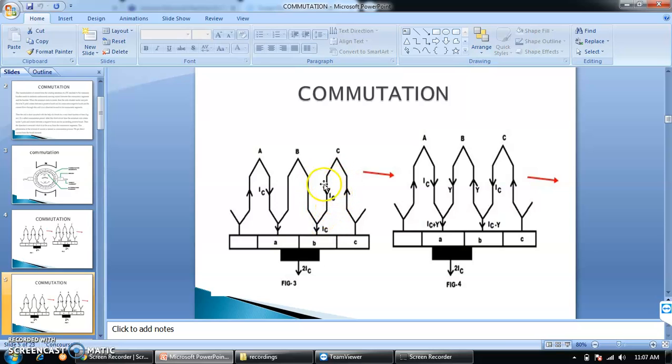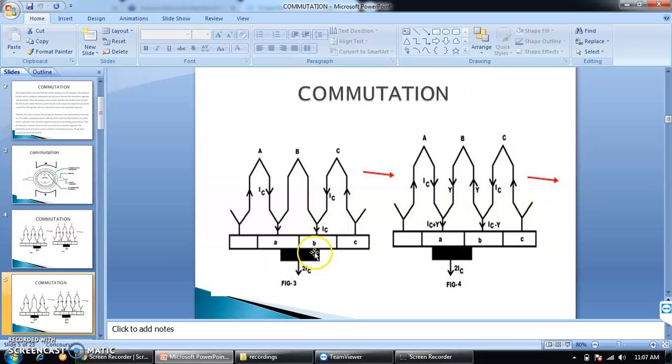Similarly, the current IC will be getting a short circuit path with 50% of the consecutive segment B through the carbon brushes, and we are getting specifically the value 2IC. You can consider it 40 ampere or whatever value, because all these individual conductors, or rather the coils, have the same capacity, so whatever value we have considered here, all of them individually have a capacity of IC.